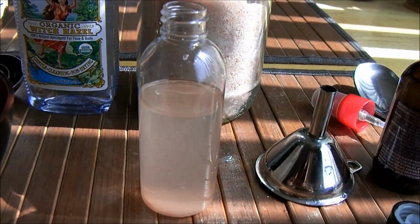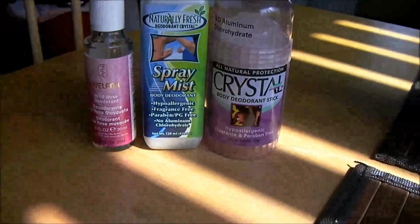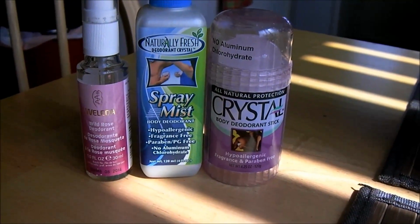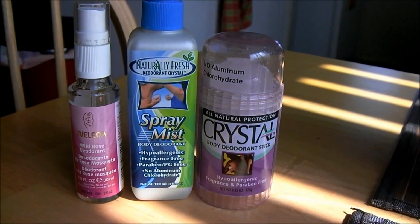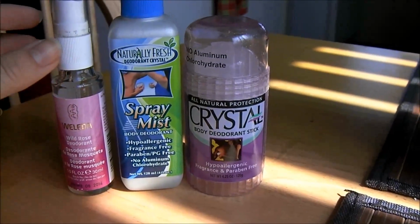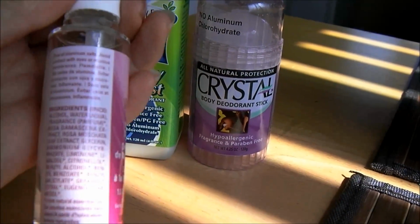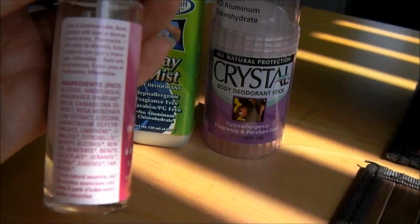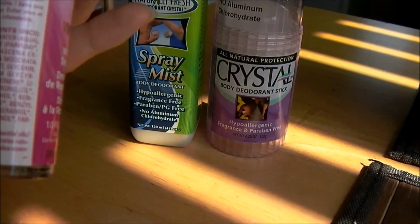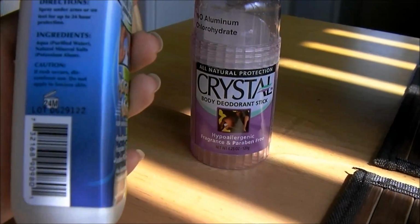But the reason that I'm making this to begin with is because I've actually been using these. And I've used all of these in the past, and I'm sure you might recognize some of them. But even though these deodorants have been pretty effective for me, I noticed when I was reading ingredients, like this one has a lot of crazy stuff in here that I just didn't, for some reason, look at more closely. And you know, this one still contains some pretty bad ingredients. And then this one here,